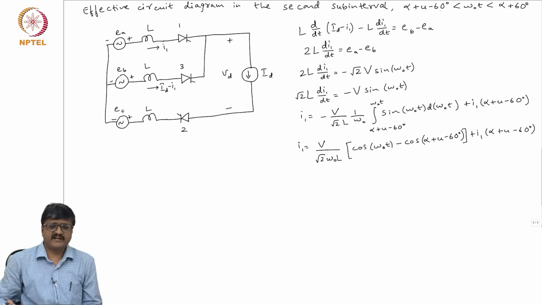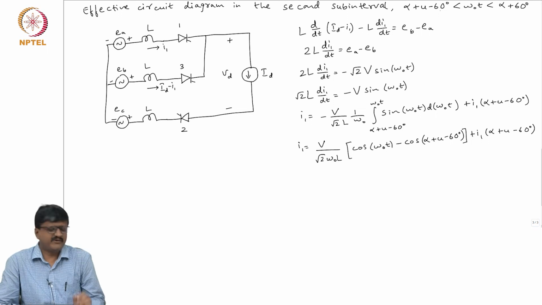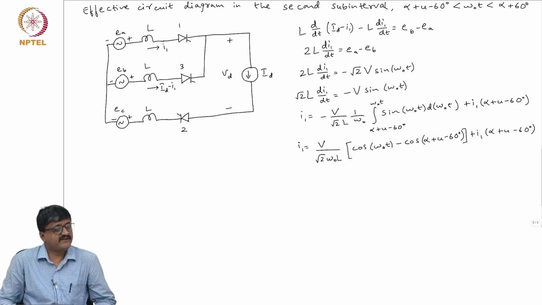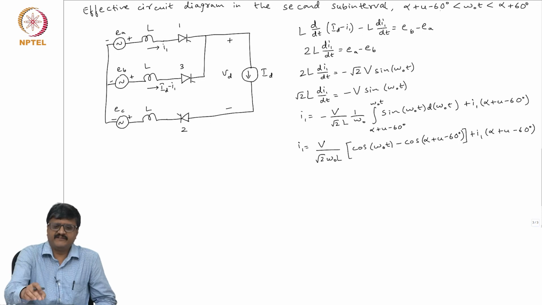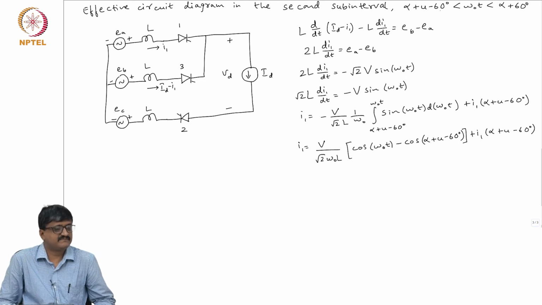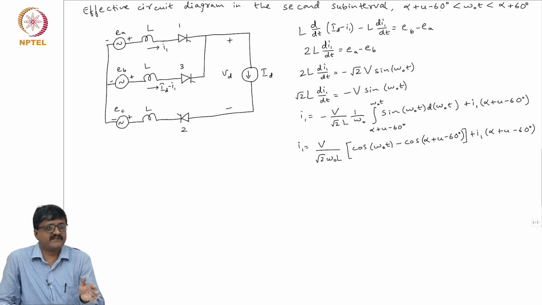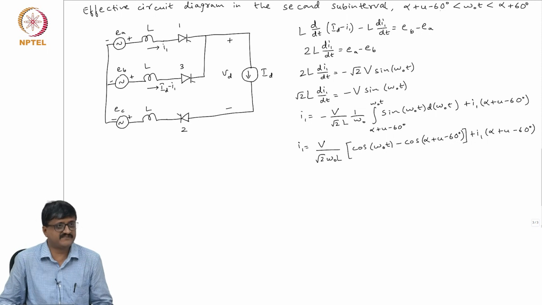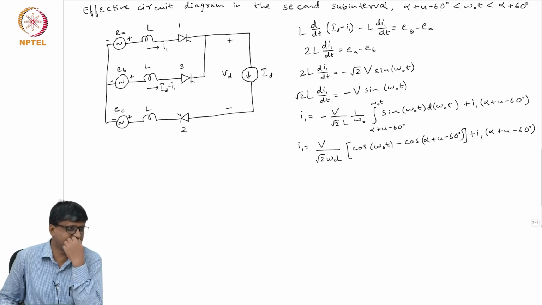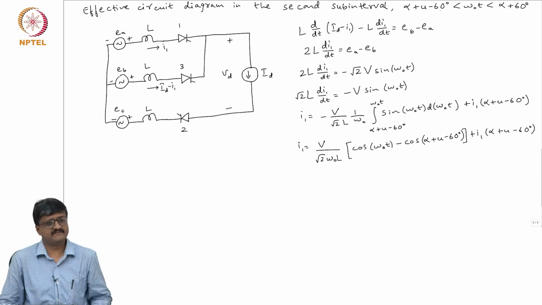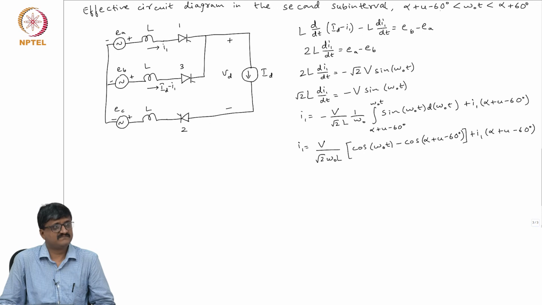I1 is the current through the inductance. Now, please note I1 is the valve current, but is it also the current through the inductance? In this effective circuit it is, of course. These things can be used only if the value at the starting of the second subinterval is equal to the value at the end of the first subinterval, that is, as long as I1 is continuous. Is I1 continuous? Yes, I1 is continuous. Why?